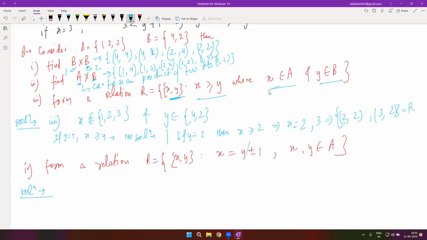So how many options do we have for the values of x and y? There are 3 options, right? First question should be this: what are the possible values of x and y? As it's given that x and y both are from set A,